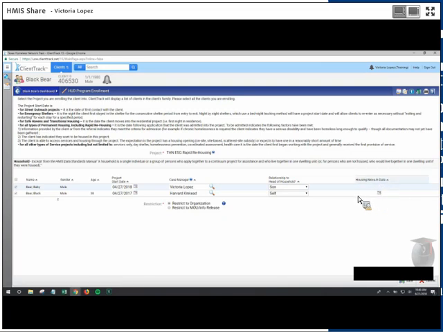It's kind of not very visible on my screen, maybe because of the colors I have my settings on for client track, but if you click in that row, it should highlight and you should have a space to directly type in that housing move-in date. Now, this is for an ESG rapid rehousing program, but if you are working with a permanent supportive housing program,